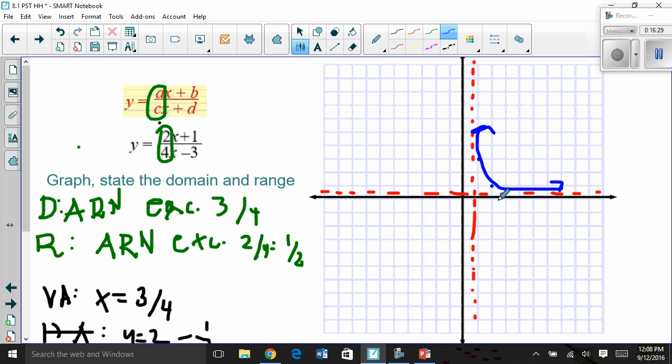So we can't plug in 3/4. We'll go to 0. That's the next closest. So if we plug in 0 on top, we're going to get 1. If we plug in 0 on bottom, we're going to get -3. So we have 0, -1/3. See if I can do this right now. So there we go. If we plug in a -1 on top, we get